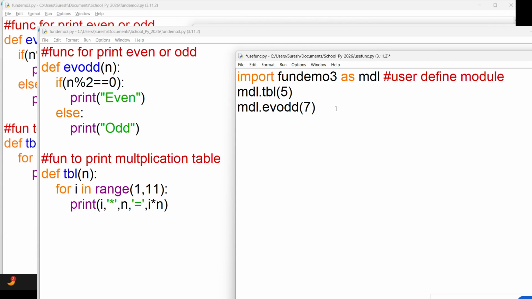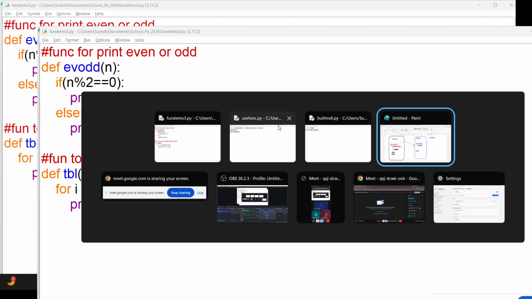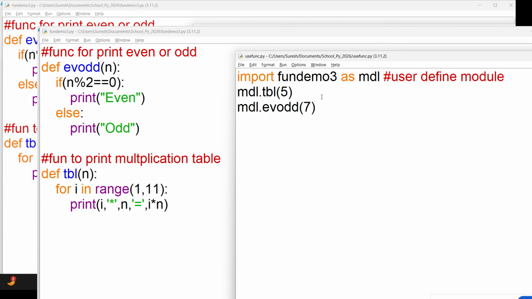If I do the MDL dot here, it will take some time to display. It also displays the functions, but it will display only two functions, one is even odd and the other is tbl, because this file contains only two functions. Right? In a similar manner, now here I am importing some functions. Where is the function called this?